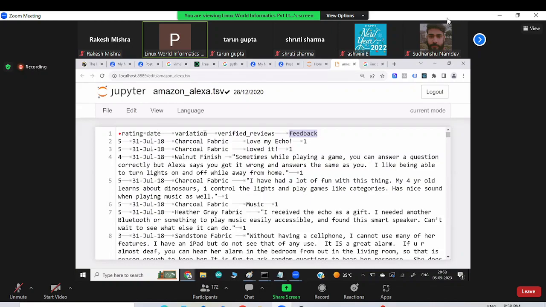So there are 5 different fields somebody has collected and put into this file, but they separated the fields, such as date and variation, not by space, nor by comma. Every field is separated by a tab, and a file where fields are separated by tab is called a TSV file, tab separated values.